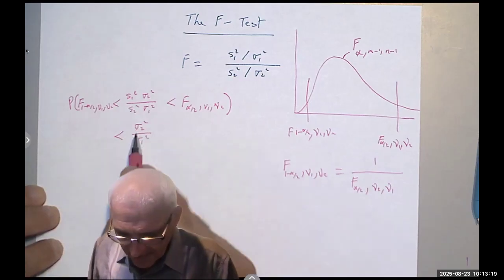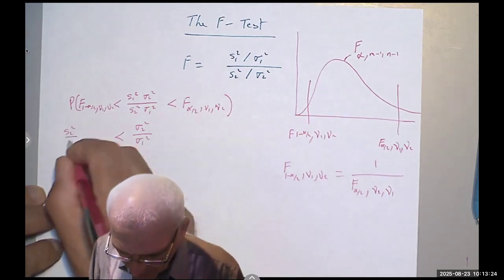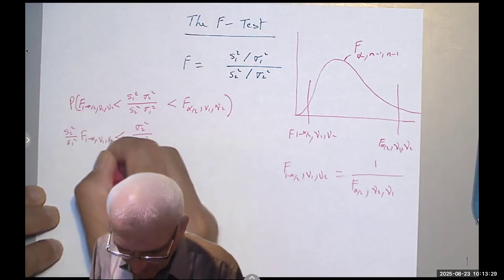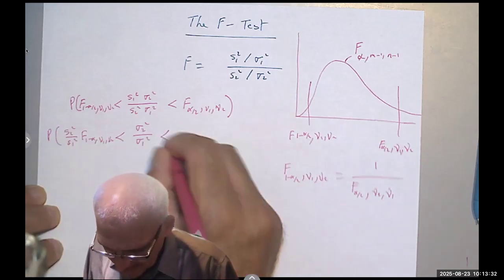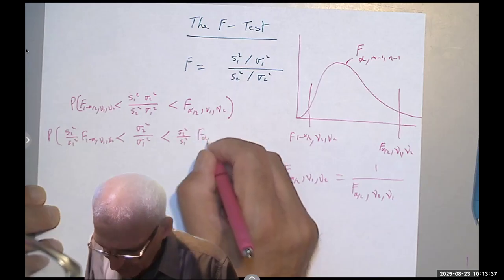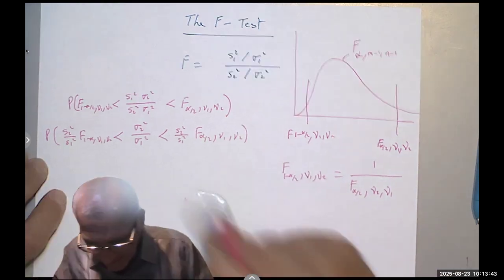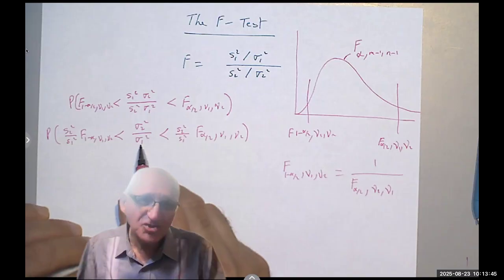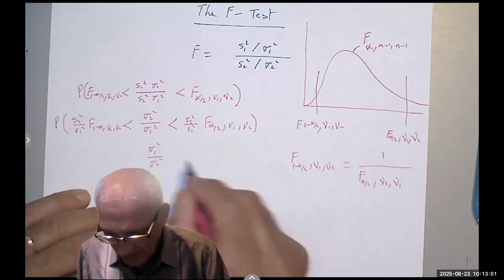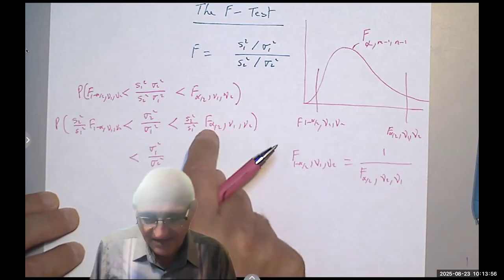I'm going to multiply by s2 square over s1 square. So I get s2 square over s1 square times f of 1 minus alpha over 2, nu1, nu2, is less than s2 square over s1 square f alpha over 2, nu1, nu2. Now I can take the reciprocal, because usually we do sigma 1 square over sigma 2 square. So if I take the reciprocal, the less than becomes greater than, and I take the reciprocal of that,